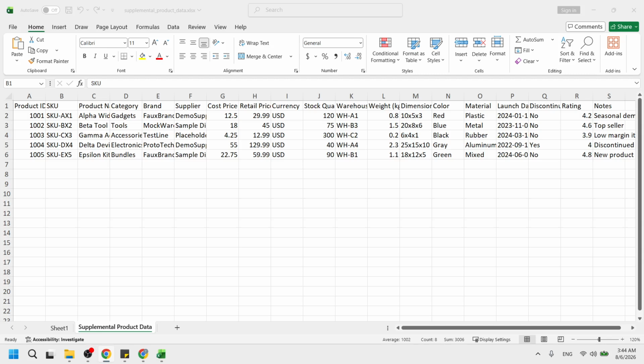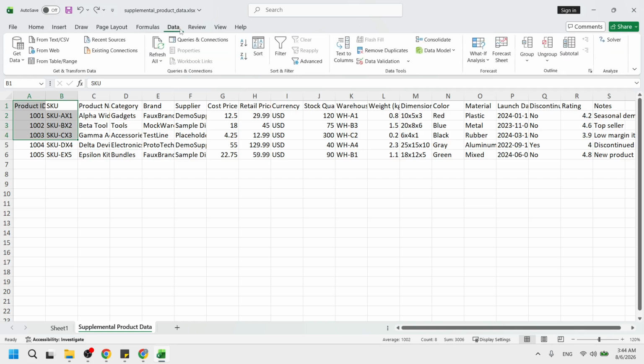Once your range is selected, go to the Data tab on the top ribbon. Look along the very top of Excel for the row of tabs like Home, Insert, Page Layout, and Data. Click on Data. The ribbon below will change, and you will see groups such as Sort and Filter, Data Tools, and Forecast. The options in this tab are all about managing and analyzing your worksheet information.